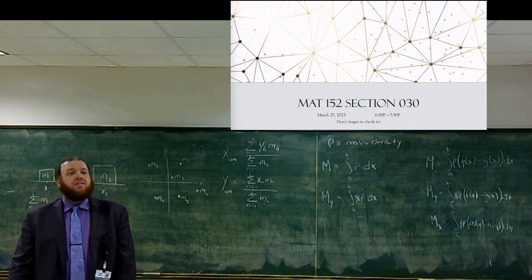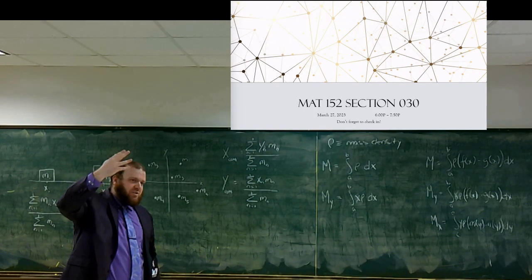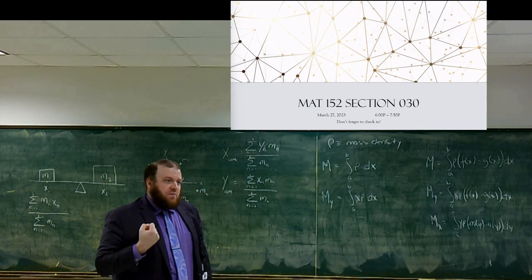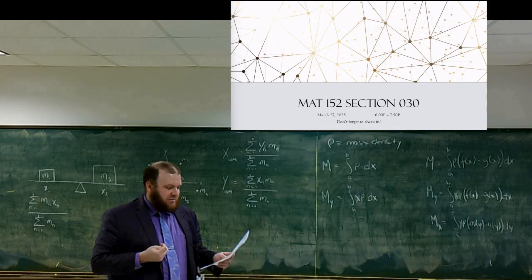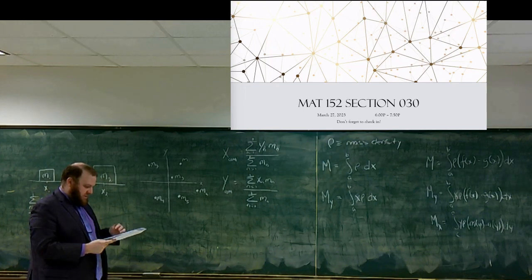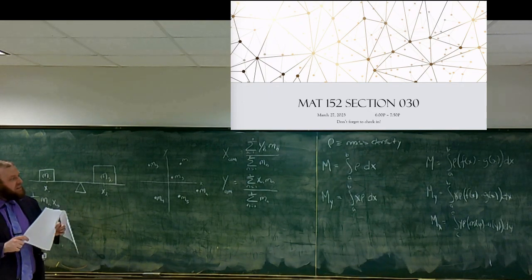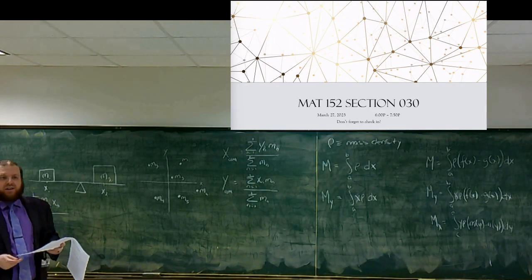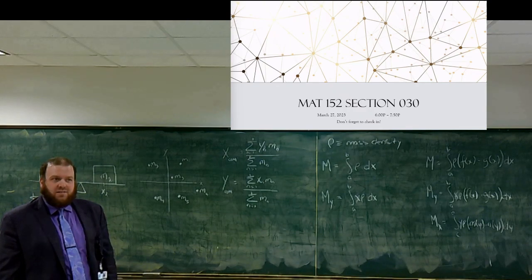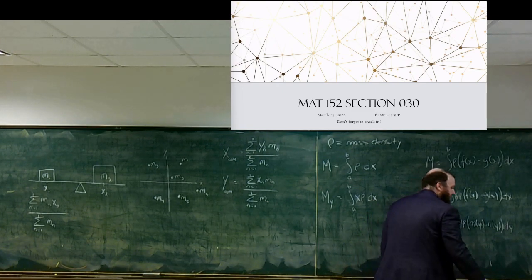To find the x moment, it'd be the integral from c to d, where c to d represents the interval along the y-axis that the region covers, of y times rho times the difference of the functions of y that the region is bounded by. However, that is generally a pain to calculate. Converting from x to y is generally a pain. So another way we can write this